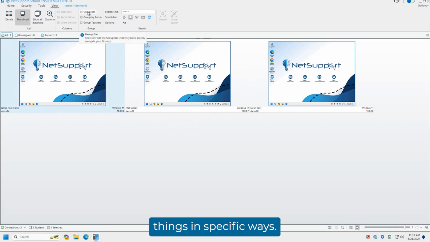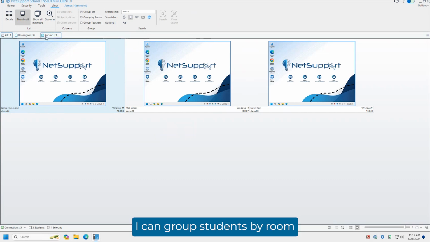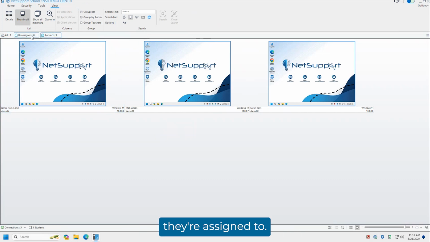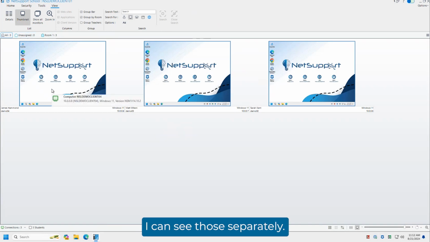Now I can also group things in specific ways. I can have a group bar that's up top here. I can group students by room and I can see which room they're assigned to. So if I have students that are unassigned and haven't been assigned to a specific room, I can see those